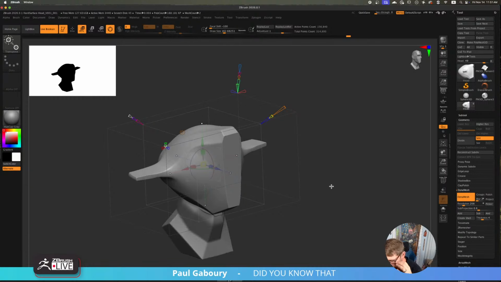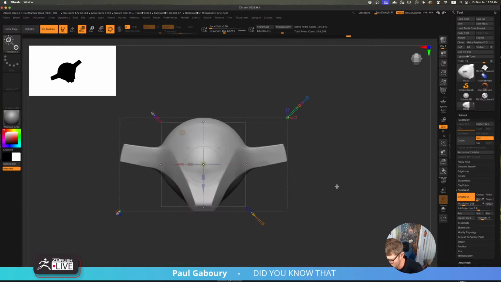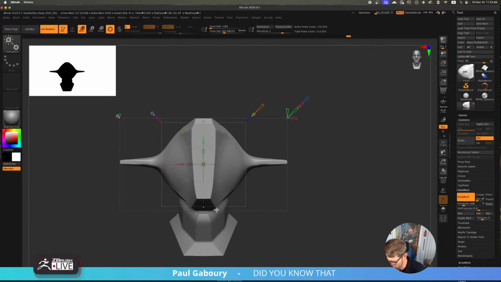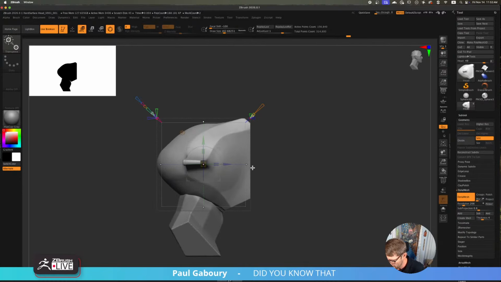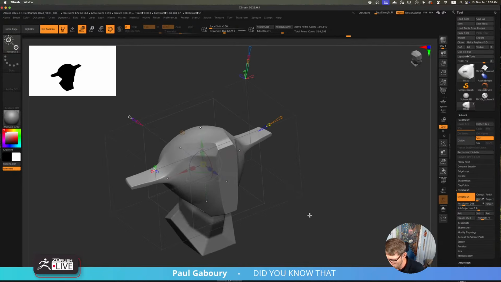But what I really want you guys to focus on is the bounding boxes. There's two, in essence. The big bounding box, if you look, is actually the bounding box of the model that I'm making. So if you look from the top, from there to there, from the front, from there to there, and the side, there to there. So the biggest bounding box is ZBrush saying, here is your model as a whole. The other bounding box is the actual primitive that's being used to jump in there.